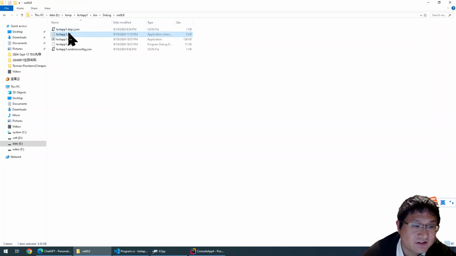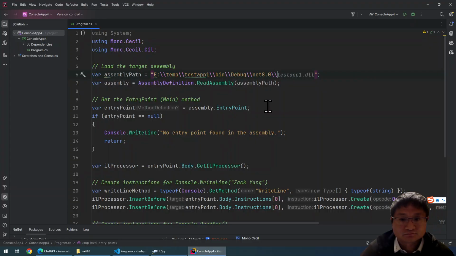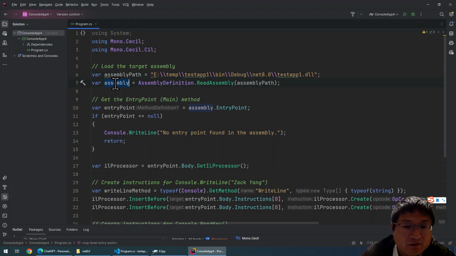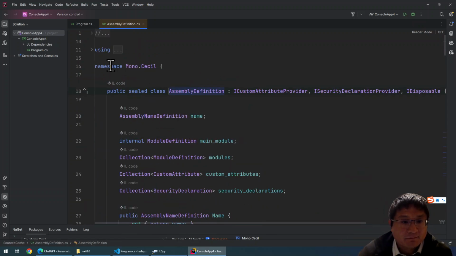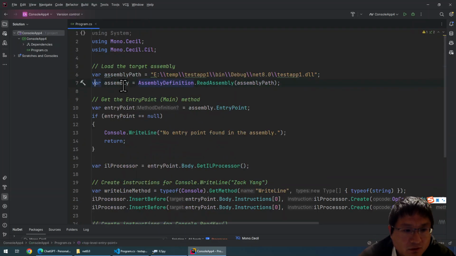So let's change the DLL file. It will load this file into an assembly. This assembly is not a normal assembly, but an assembly defined in Mono.Cecil. So it loads the assembly and tries to find the entry point, usually the main method,